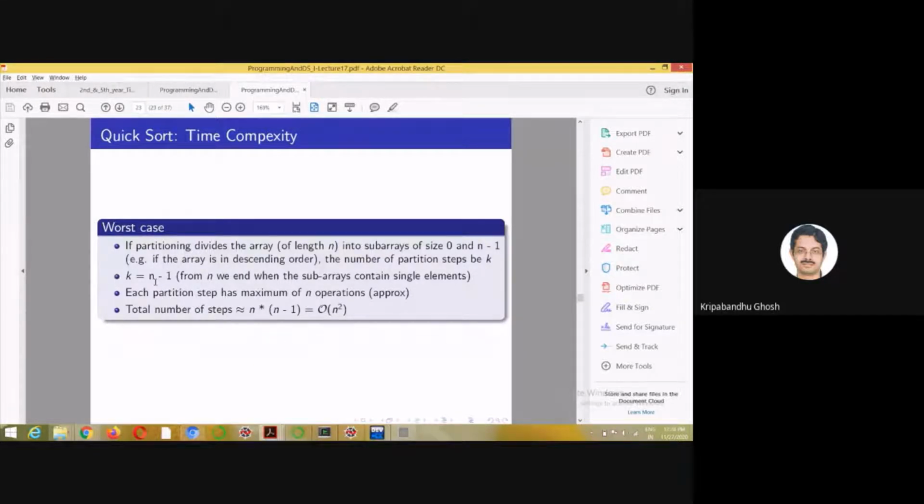The number of steps it will take is n minus 1, because every time one element, the pivot, is getting eliminated and the search continues with the remaining elements. At each step the number of operations is maximum n, so approximately the total is n into n minus 1. So it is upper bounded by n squared. This is as bad as bubble sort or selection sort. So I told you that this is a better algorithm, right?